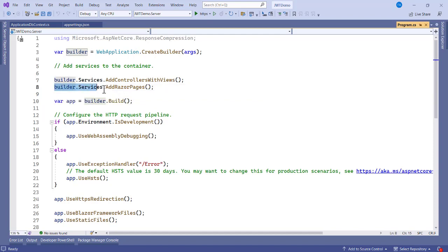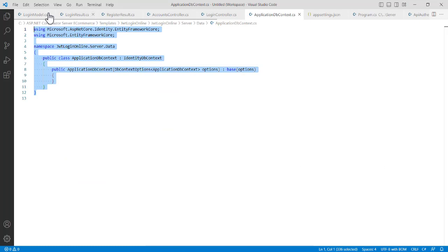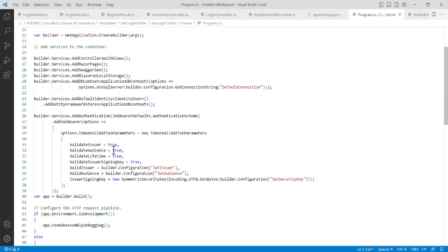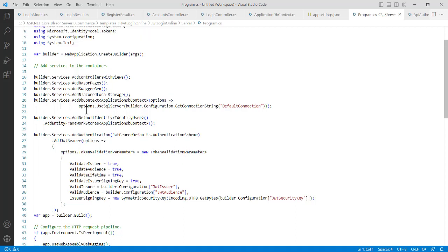We have builder.Services. So we can add these services by calling builder.Services, then we pass in the service that you want to add. So what are the services that you want to add? You can just grab them from here. I have the program.cs file. Now let's add these services first. The first one that we have to add here is a database connection service. And that is it. I'm going to copy this,